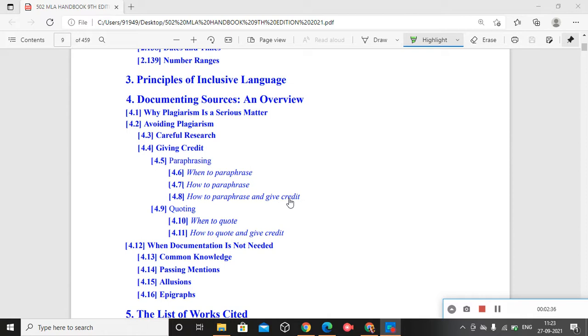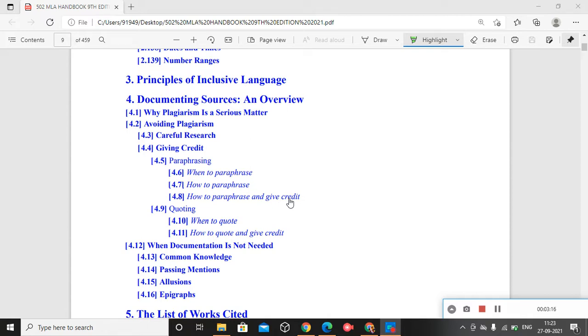So we have different ways of using or expressing things. In the principles of inclusive language, you have to be more careful, because you are presenting this research paper, a contribution on your part to academics, to the community of readers who are interested in the topics that you select, and you are committed to maintaining the standard. Without hurting others' feelings, you have to present your points. That's what we mean by principles of inclusive language. We will come to that later.